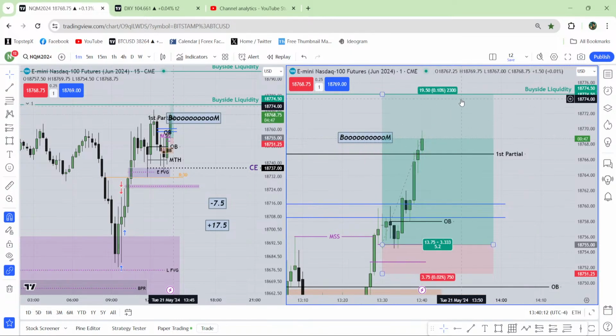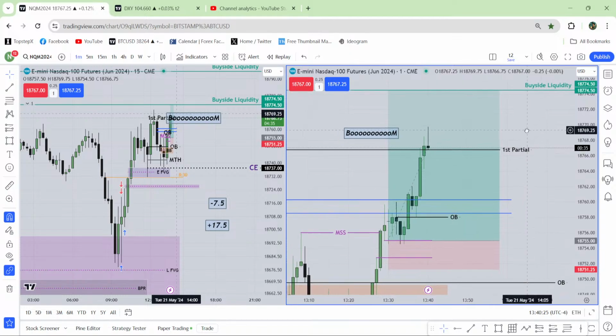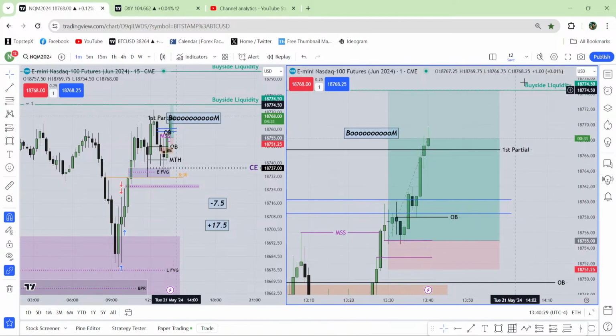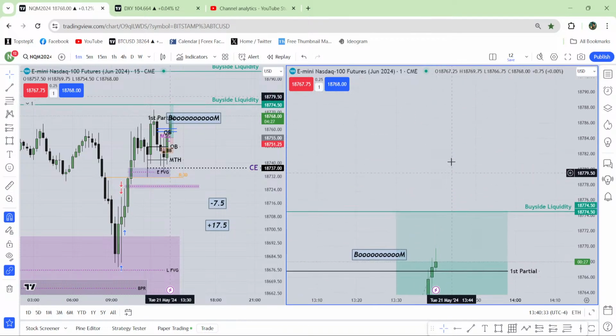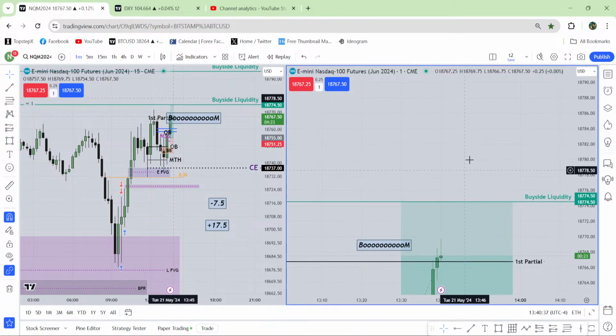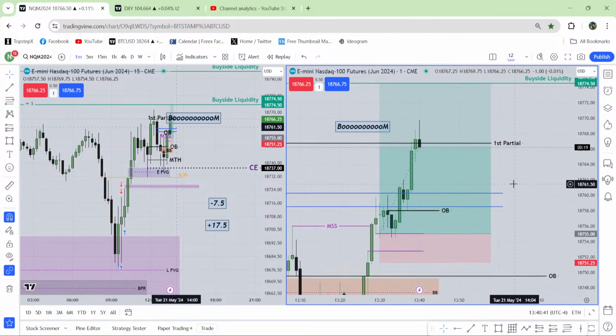I don't know if the market is going to take that buy side liquidity right now or not because of the macro. Okay, so the market can use the macro to take that buy side liquidity. It can happen as well. So it can spend a little more time over here before taking that buy side liquidity. But when this buy side liquidity is taken, the market will target this one. This is the all-time high, or maybe we will see how it reacts around that area.